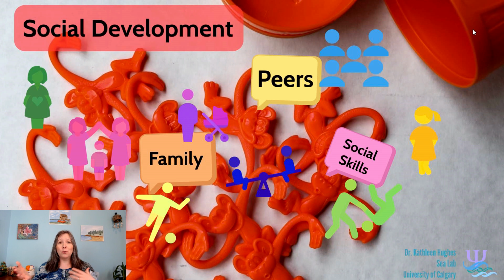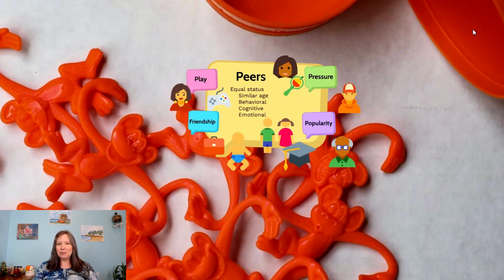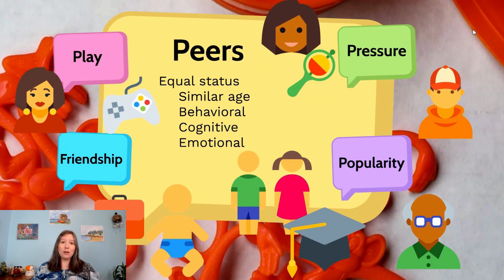Talked about the family, we're going to talk about our social development outside of the family, which mostly takes place in the peer group. So what are peers and what's a peer group? They're the people around you that are not friends and family, but who have equal status to you. This can be a sibling or a friend, but what matters with peers is they have equal status in terms